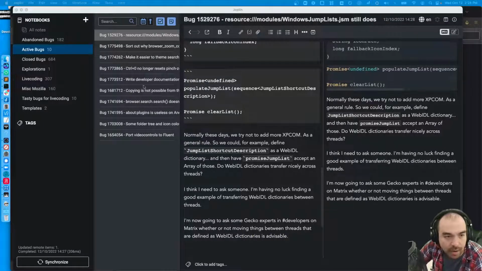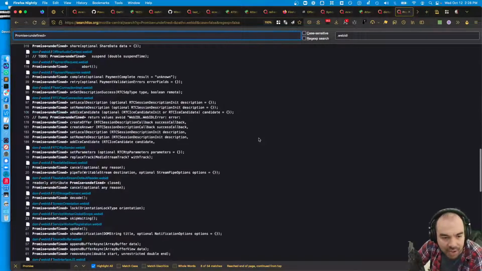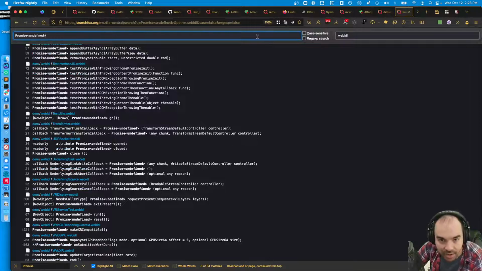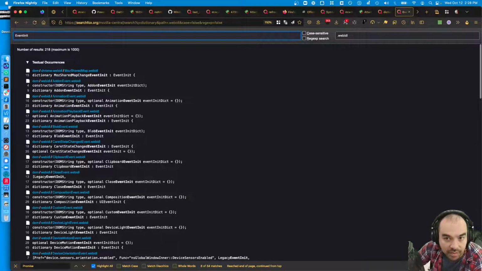Oh, the last thing I want to figure out is whether or not you can just pass in a JS object as a dictionary. I think you can. Whenever you have something like the event init,